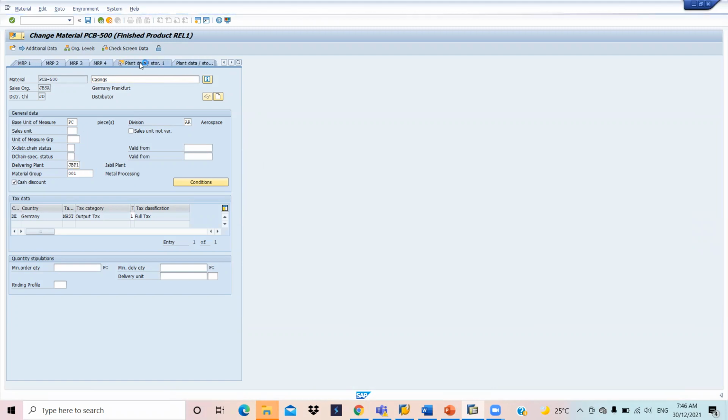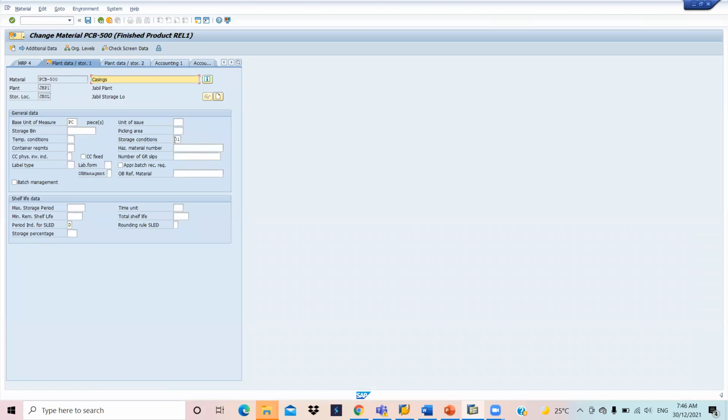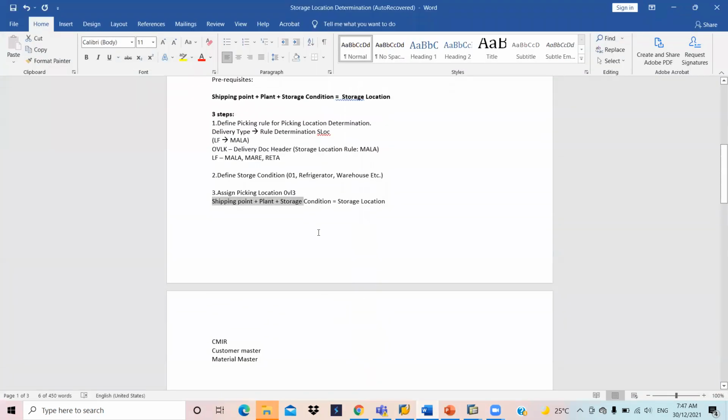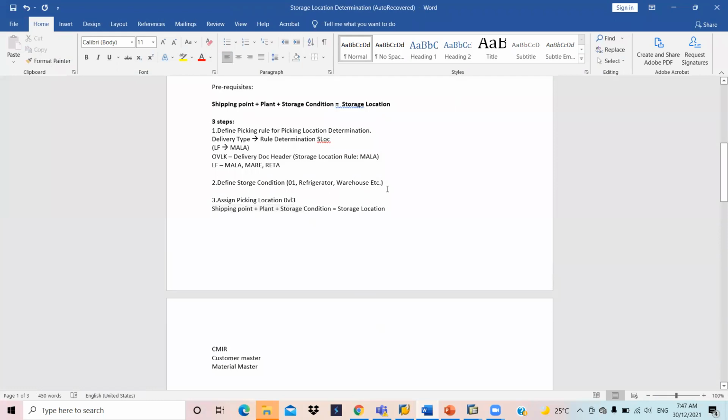Come here. See the storage condition. I have defined the storage condition as 01. I took the standard one, which is already defined. From where is this coming? This is coming from this particular setup. In the 3-step process, the second step is defining the storage condition.